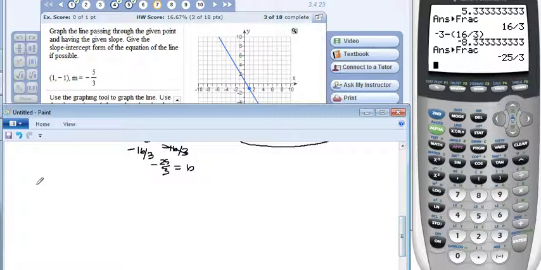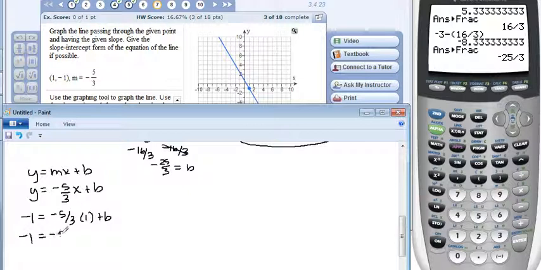So if I have y equals mx plus b, and I know my m, and here's my x and here's my y, okay, so I've got -1 is equal to -5/3 times 1 plus b. What I'm doing is I'm trying to solve for b again. This is just a -5/3. So I would add 5/3 across both sides. So b is equal to,